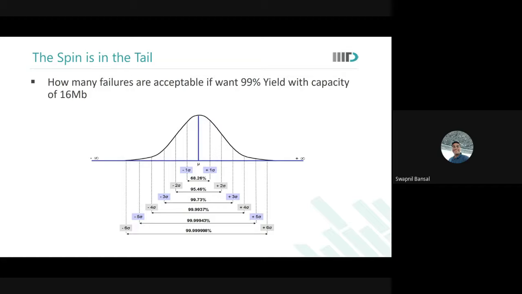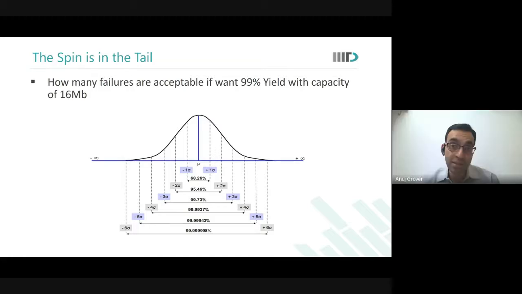Is it like an extension to DVFS? Yes, this is a way to extend DVFS further. So what can happen is that to qualify 6 sigma, my memory cell will go down to 0.8 volts. However, if you can reduce the memory capacity that is active at low voltages, let us say to 1 megabit, then your bit cell now needs to qualify only 5 sigma. And for 5 sigma, the same memory cell could go down to 0.75 volts.